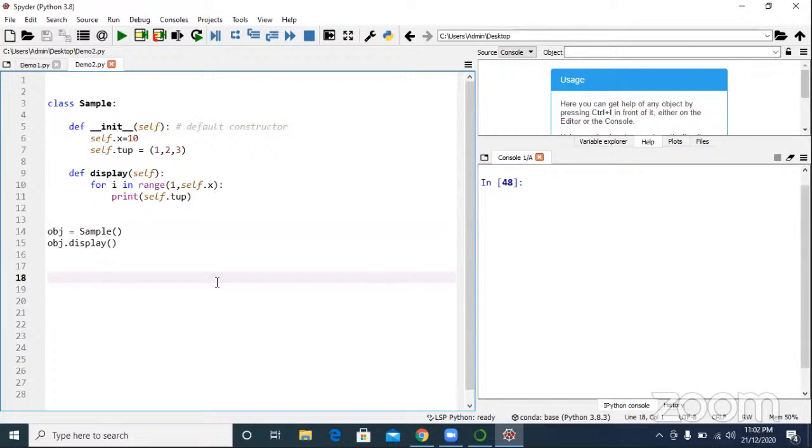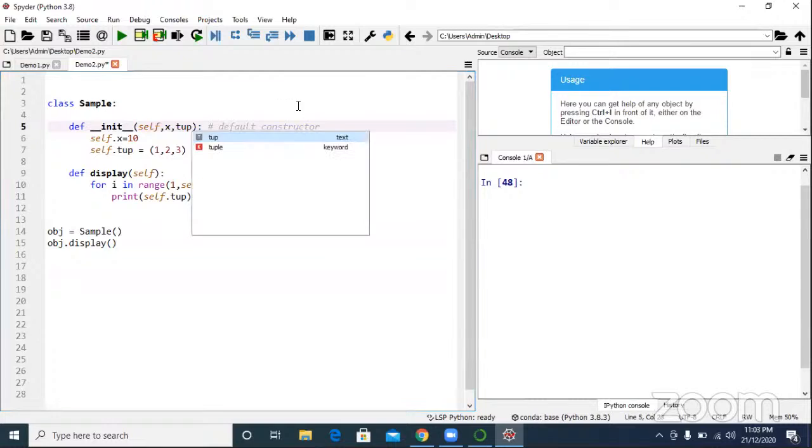Do you have a parameterized constructor in Java? Yes, I also have a parameterized constructor. In Python, x comma tup. How many arguments are there? Two. Or else, if you are confused, I can say p comma q.